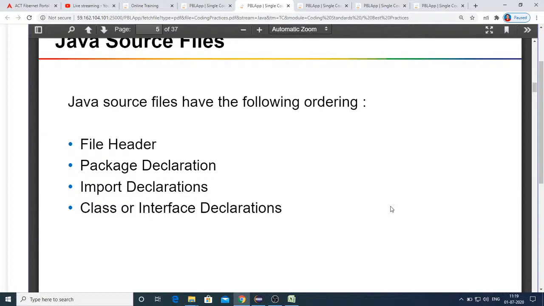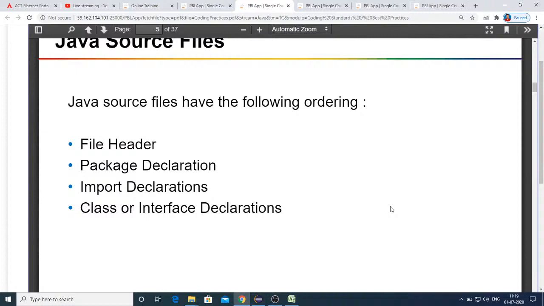I hope all of you know by now that Java supports three types of comments: single line comments, multi-line comments, and documentation comments. Single line comments are represented by two forward slashes. Multi-line comments start with forward slash asterisk, can have any number of lines, and end with asterisk forward slash.